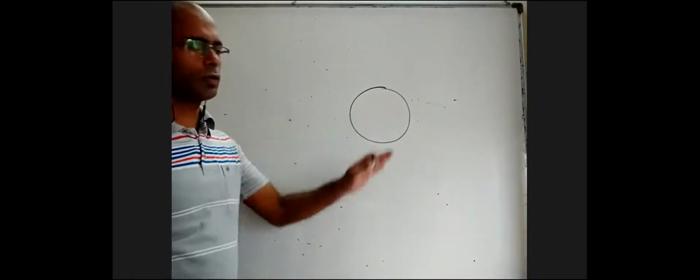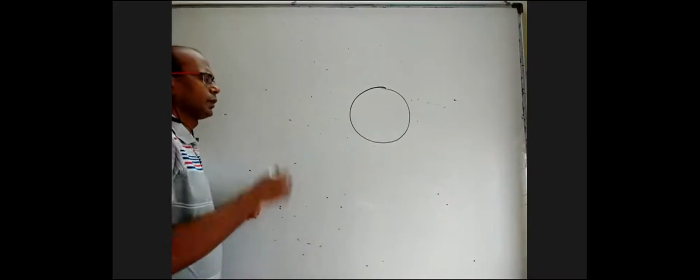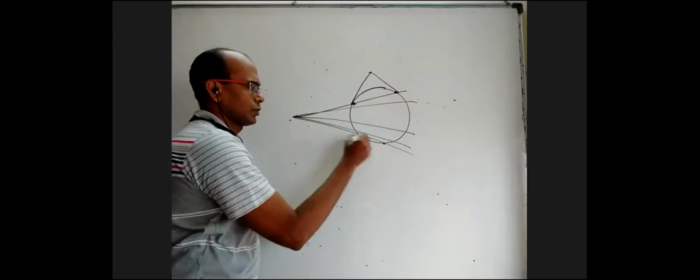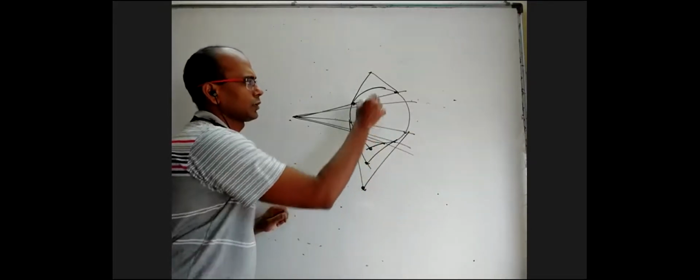Where are we now? What is pole and polar? In the beginning it looks a little confusing maybe, but actually it is very easy. You take a circle, and you can take a point inside the circle, on the circle, or outside the circle, it doesn't matter, but not the center. You take a point and through that you draw many secants. Each secant intersects the circle at 2 points, and there you draw tangents. Here also you draw tangents, here also, here also. So there is a point of intersection here, here, here.